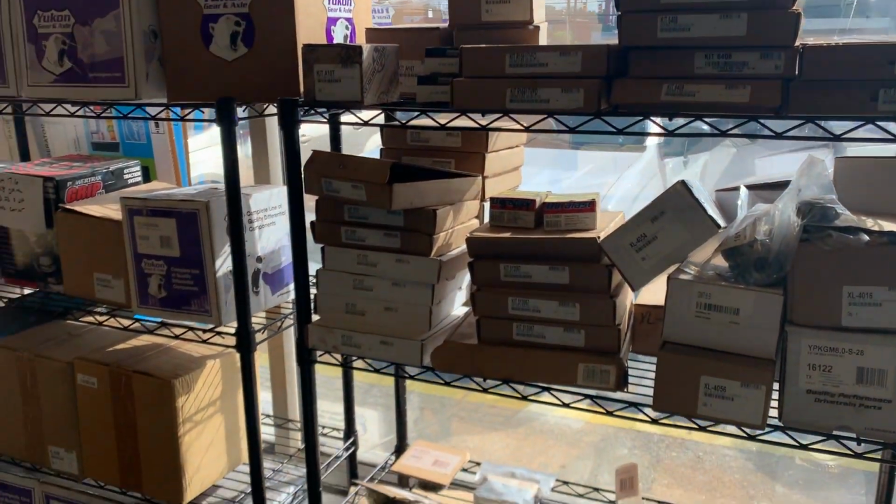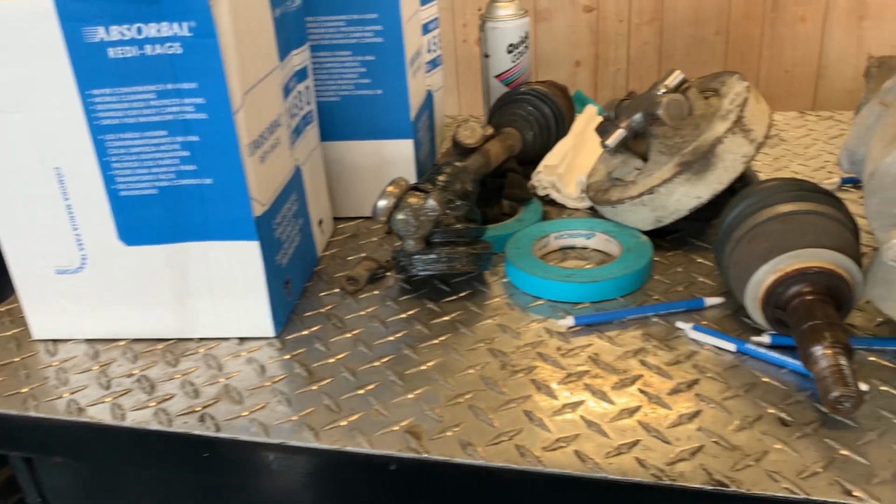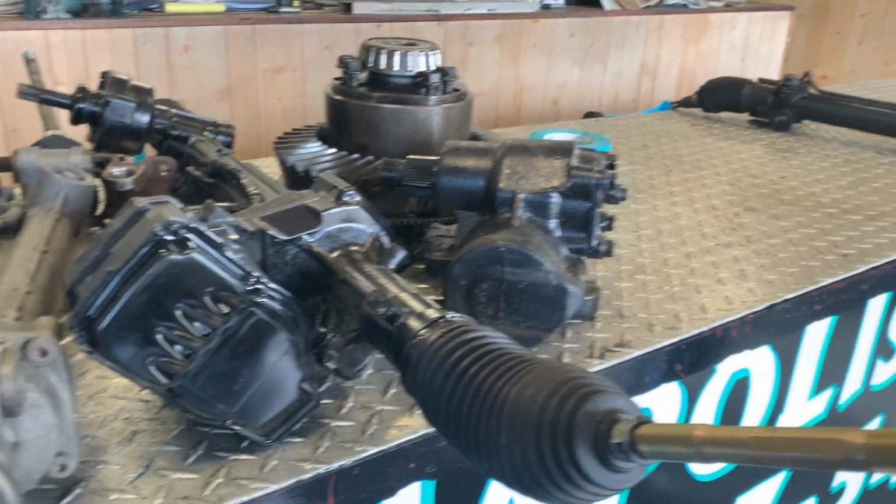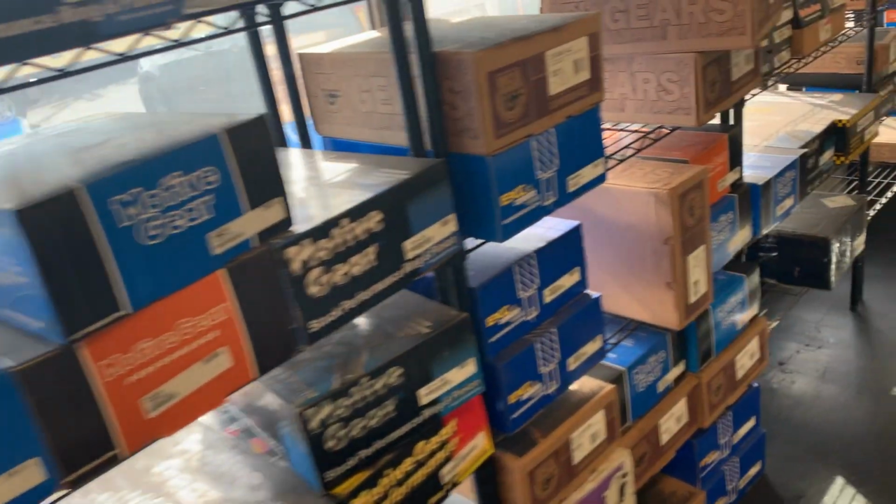So that started making me feel like, oh my gosh, we might actually be able to get this done. They couldn't really give me a time. They couldn't really tell me any real information. Everything's so hard to get a hold of right now. So here we are with the car that we've started, we think runs and will operate, but it can't move